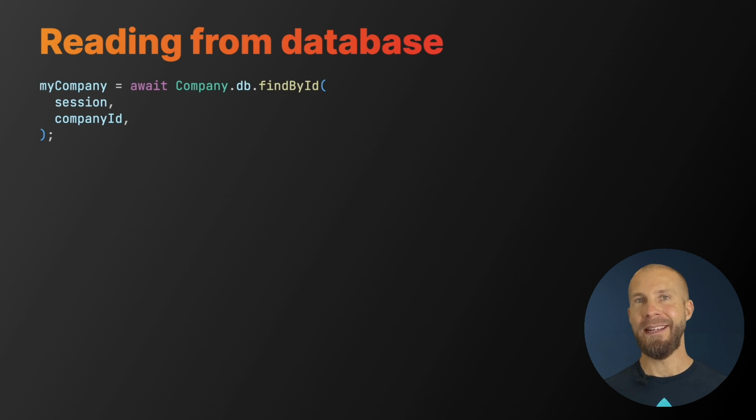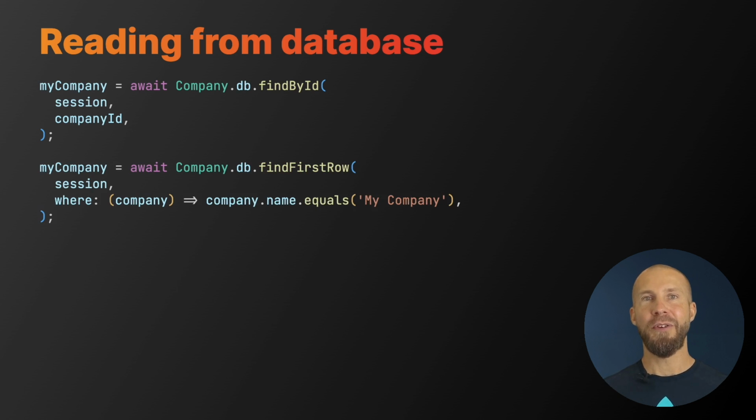After an object has been inserted into the database, you can retrieve it using the set of find methods available in the generated class. For instance, you can find a single object by its ID by using the findById method and pass it the ID of the row. You can also use expressions to do more refined searches.